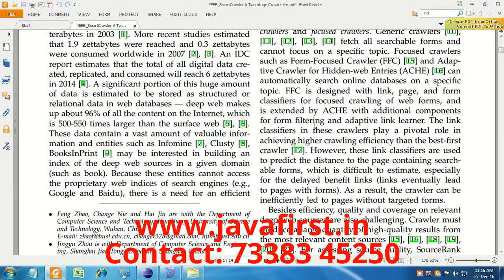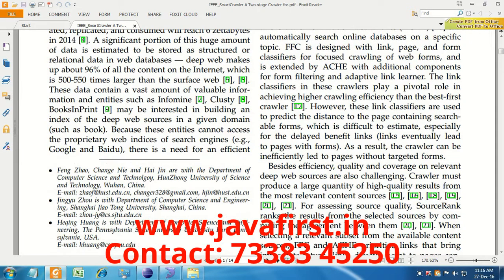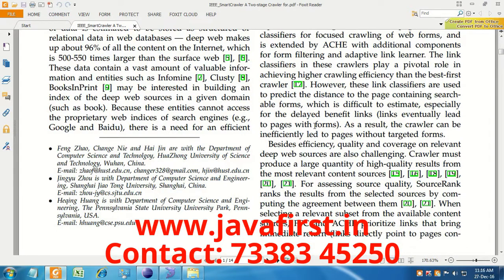In the first stage, Smart Crawler performs site-based searching for center pages with the help of search engines, avoiding visiting a large number of pages to achieve more accurate results.